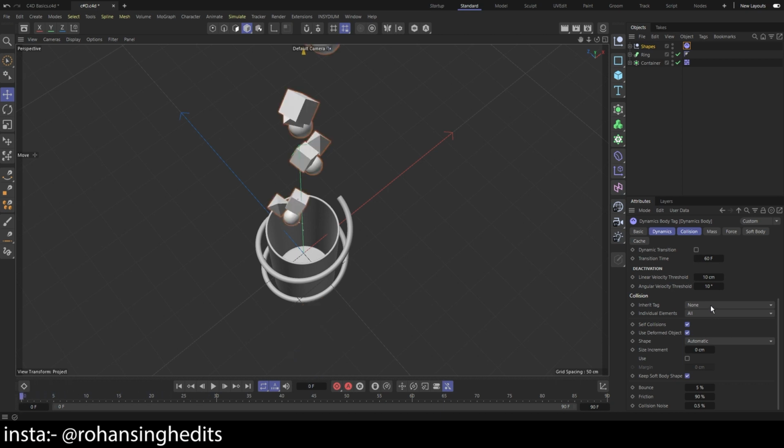It's not colliding properly because the null is basically invisible. So when it's colliding, it's never colliding with the container, right? It's only applying to the null, which is going down by the gravity, but the null is basically nothing. There is no shape, there is nothing, guys. So it just keeps going down. It's not colliding anywhere. All right, when you select the apply tag to children, which is basically turned on by